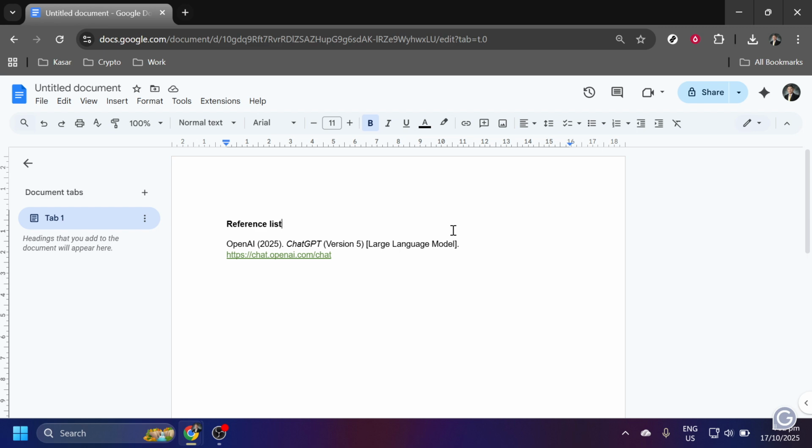Now, for the details of the citation itself. Begin by listing the author of the content as OpenAI. OpenAI is the organization responsible for developing ChatGPT, so they should be credited as the creator. Next, you'll need to include the date, which should correspond to the year of the version you used. This is crucial since different versions of ChatGPT may have slight variances, and this helps indicate which one you relied